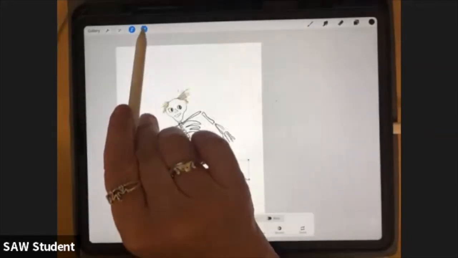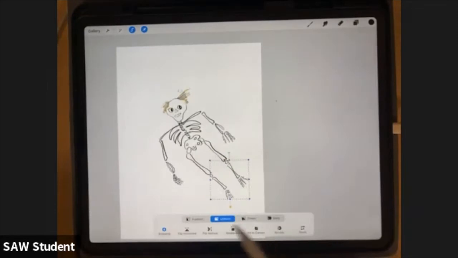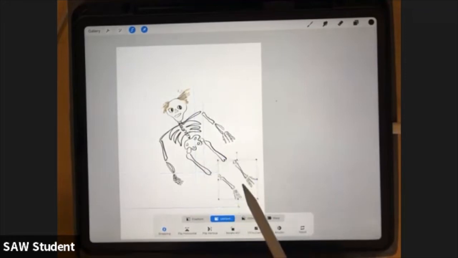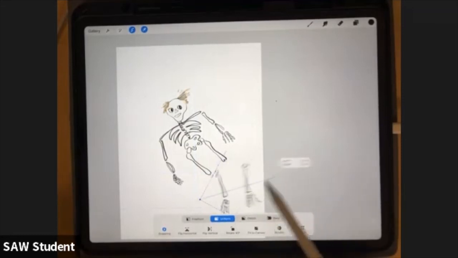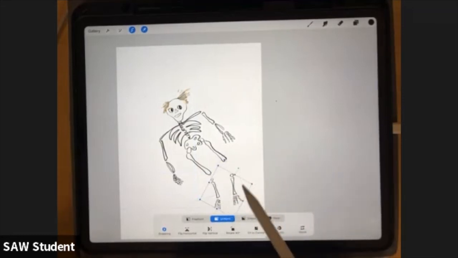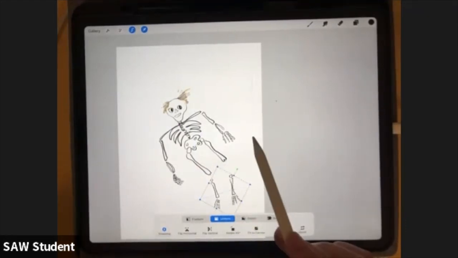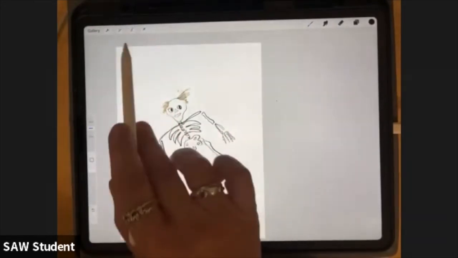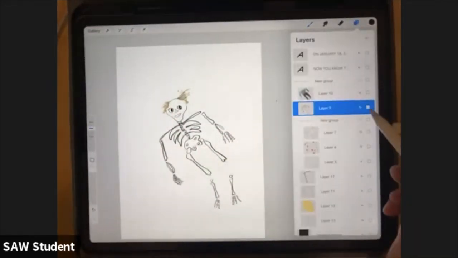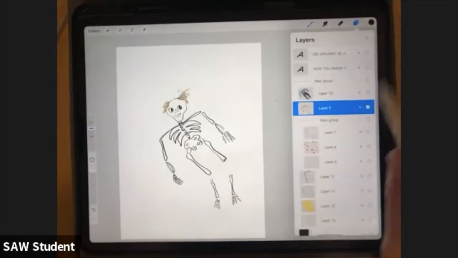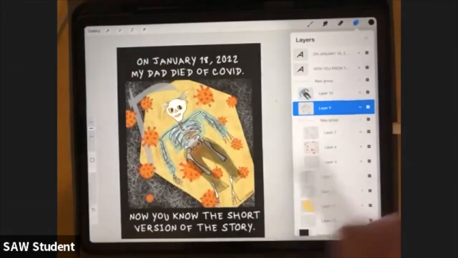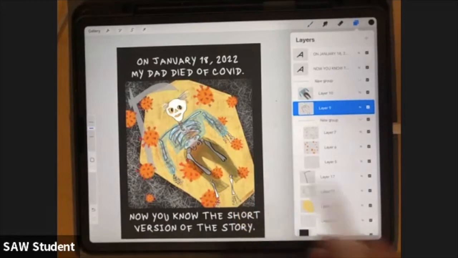And now I can go up here to the transform tool, and I can do uniform, distort, whatever. Just moving it is uniform, and then I can just drag it wherever I want. I can rotate it, I can change the size, and you can do whatever you want to it. It's going to be staying on the same layer. When I am finished I unclick transform, and my selection will go away. And now if you look, this is still all on one layer. We just moved part of it. Now, in this case, that was probably a dumb thing to do because I didn't move his pants also, but